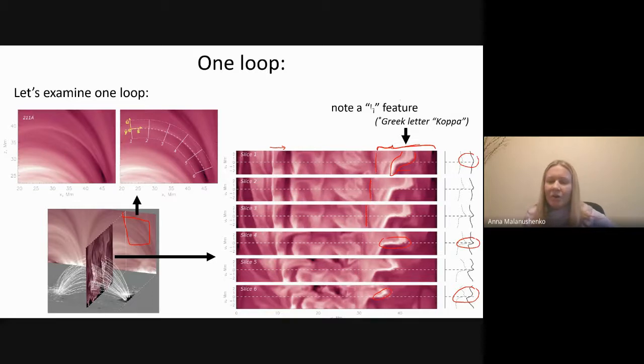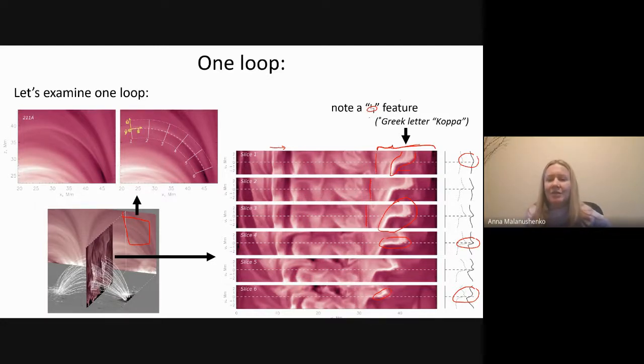So the kappa should be taken, as we argue in the paper, as one big feature that rotates, changes in intensity, and distorts in respective slices. So it's not like we can just take the middle portion of the kappa and say, well, this is our loop, this is our thin flux tube. We cannot really do that.